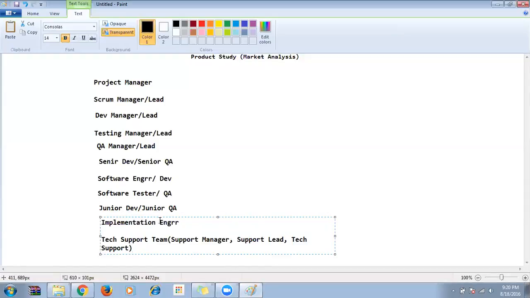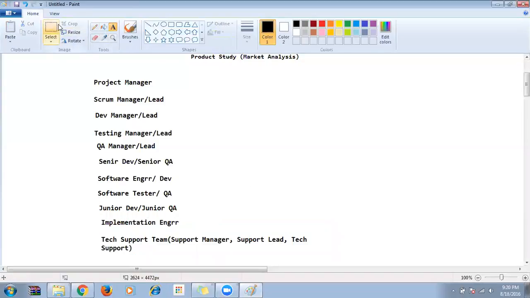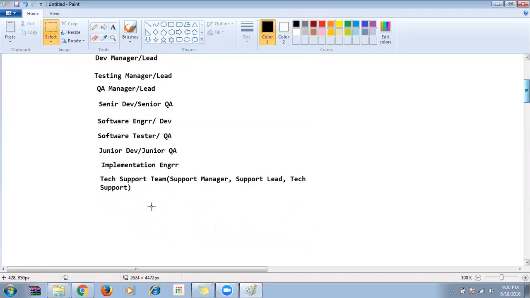If you go to MNCs, you can also see L1 team, L2 team, like that they will be calling. Those guys will be dealing with the servers.